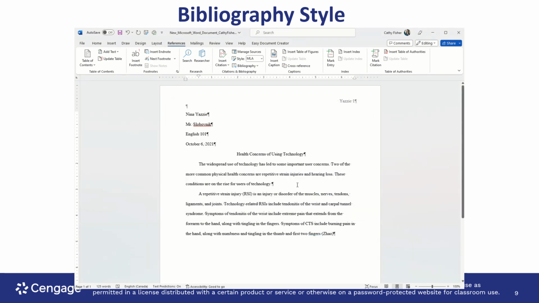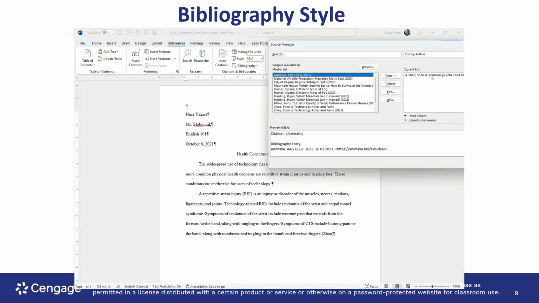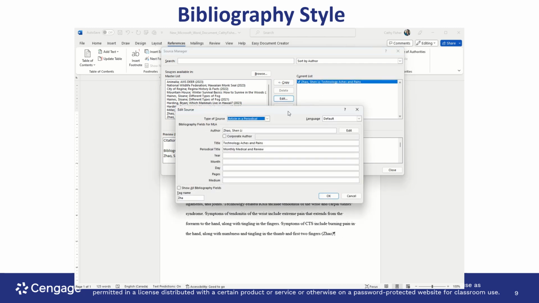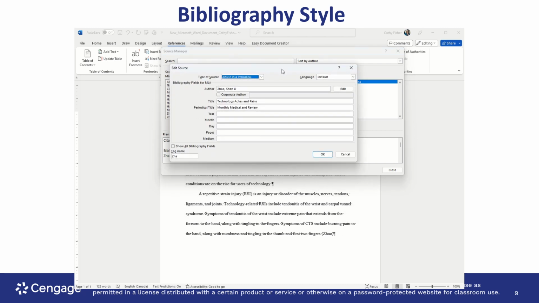Oops, I said enter and let's go back in here. I didn't finish it. It just went away. Okay, so I clicked enter instead of tab. So right here is my list, and I'm going to edit that so I can finish what I was doing. And if you didn't push enter, that's good. So periodical title, I need tab,